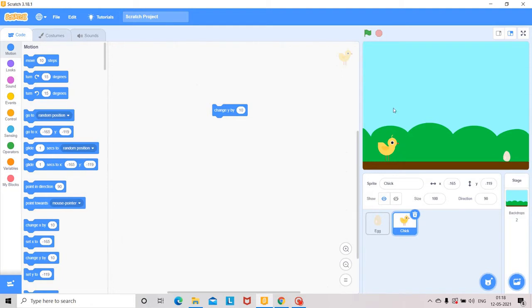Up means moving on the y-axis. Again it comes downward, so again it is moving on the y-axis. Here also you take this code, change y by 10. But the second time, when it is moving down, you give the value minus 10.